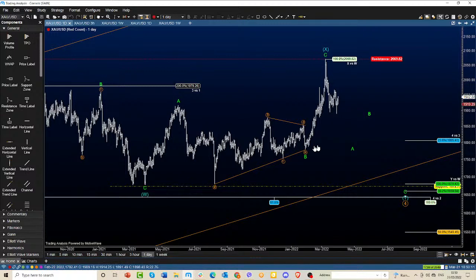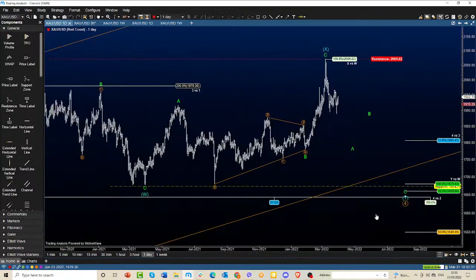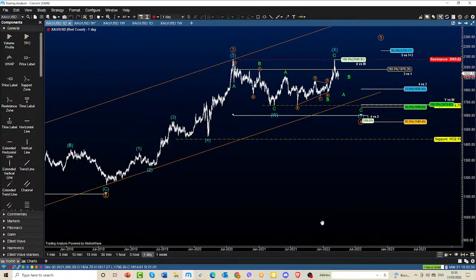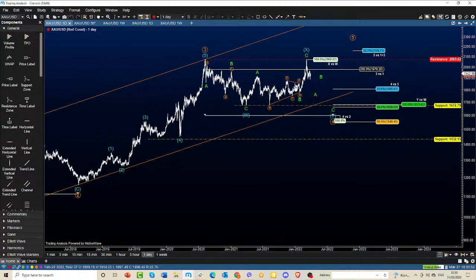So as I said last time, this can be some type of a prolonged pullback with a testing, or already tested, 1,900. If we go further lower, below 1,850, I will go for a much lower level in gold, either in a flat, so this will be a 3-3-5, or it will be a complex correction testing 1,600 to 1,650 on the downside for the fourth wave. So I don't have any trust for now since gold didn't make a sharp breakout on the upside, especially if we break the level we mentioned.